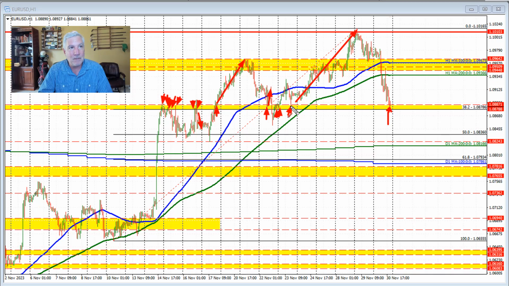So it hasn't been since this day last week that the price returned back to that swing area between the 1.0878 and 87 level. Also near this level is the 38.2% retracement. That's of the last move to the upside from this low all the way up to this high right here. That 38.2 comes in at 1.08786, and this area is a key barometer for both buyers